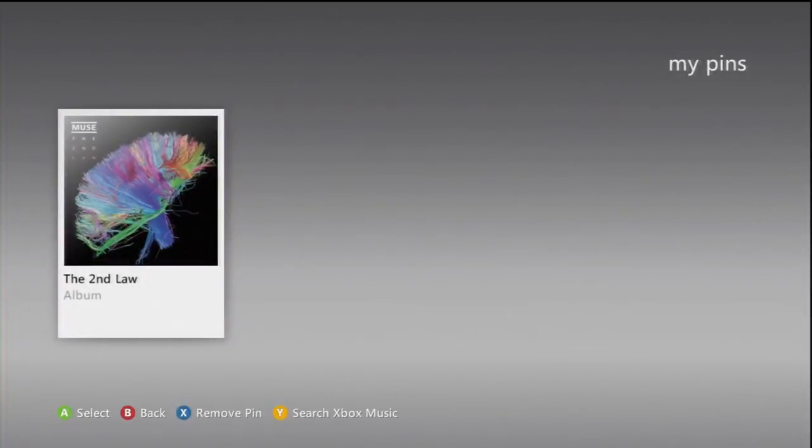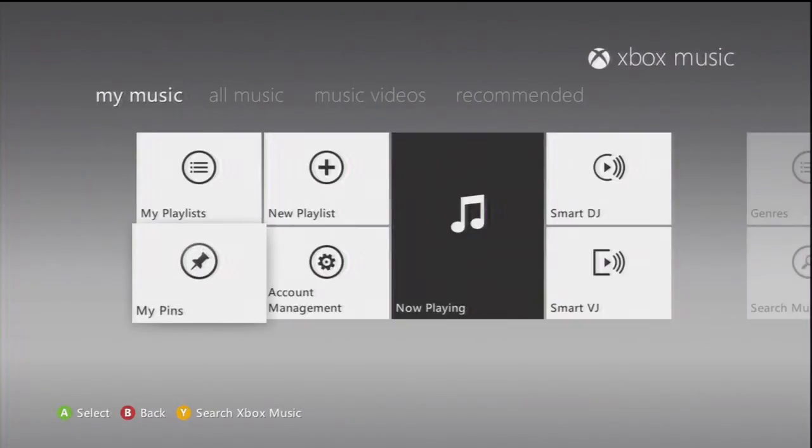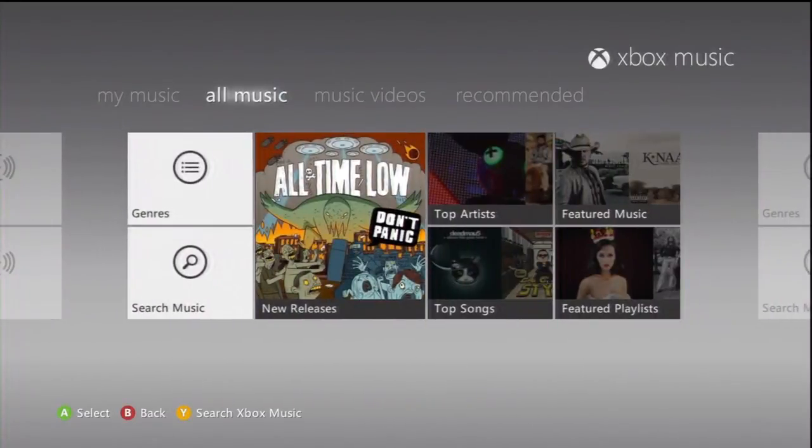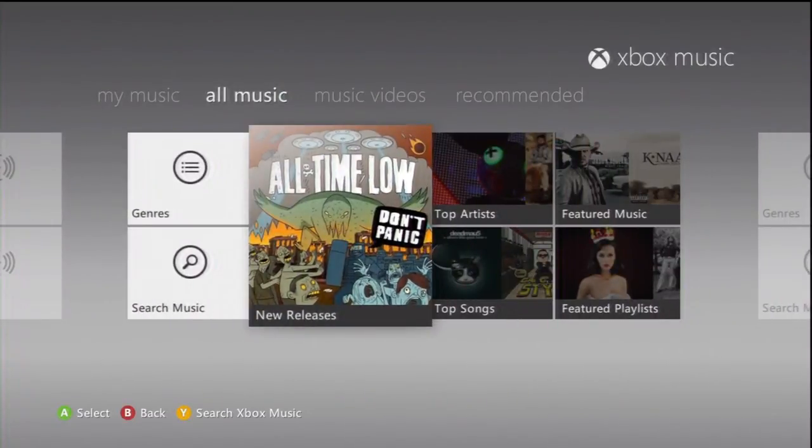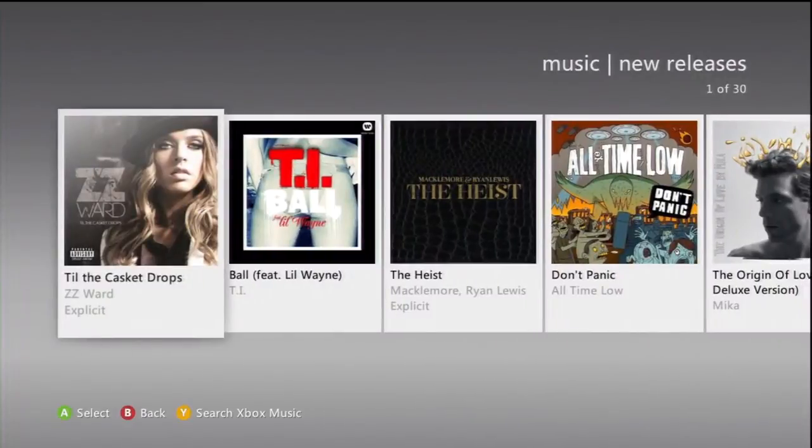I did one yesterday, just a random one. I have no idea who The Second Law is, or that's Muse. That's the name of the album, The Second Law. But I don't really listen to Muse, I just pinned that as an example. But if you want to listen to music, let's just go to all music here, and at random, let's just go to